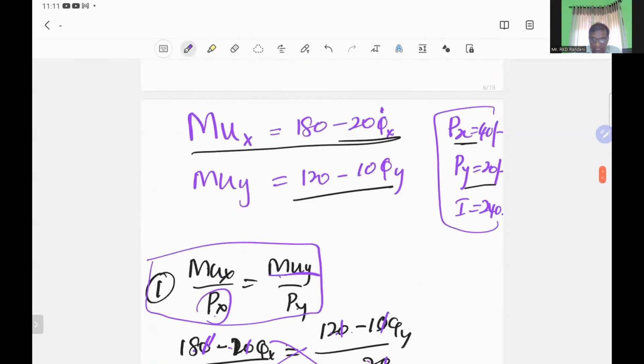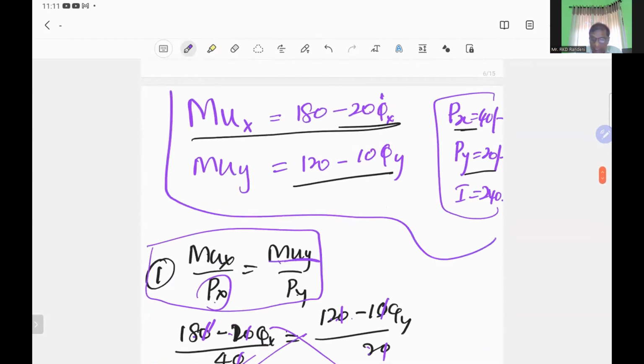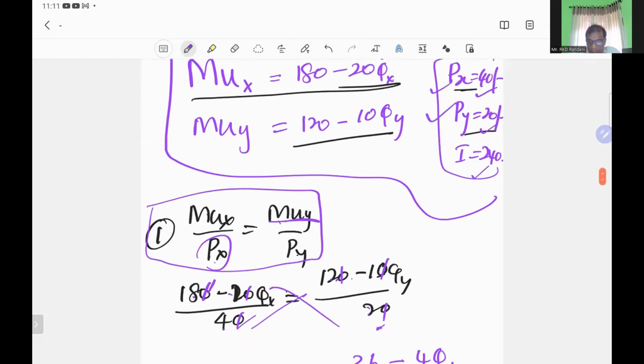These are the given details. A rational woman went into the market to buy commodity X and Y. The price of X is 40, the price of Y is 20, and her income is 240. That is what is given. So according to this data,